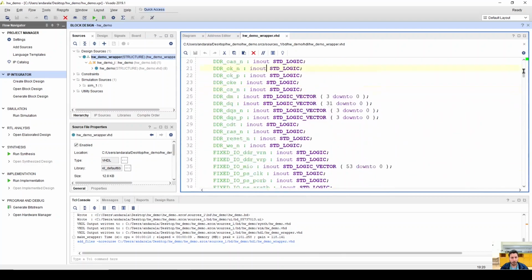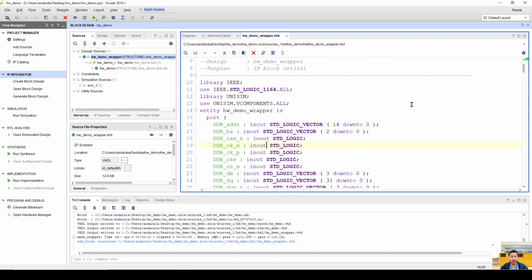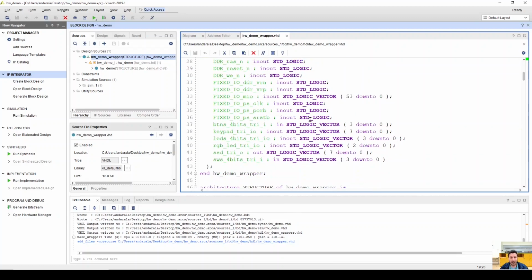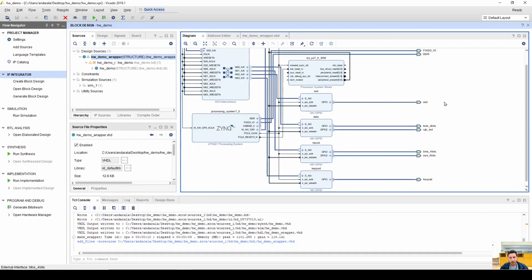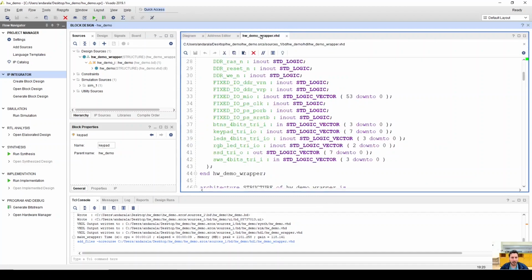The only important part of the wrapper that we want to focus on is any device that we have declared manually, that we didn't declare from the board definition or from a library that we might have imported. In this case, there are two devices that we included, namely the SSD and the keypad, that we added, we brought them into our design without any configuration. We just said it's 8 bits, it's outputs, it's input outputs, and that's it. But how do we tell the project where those outputs are, where they are connected physically? Because we have declared them